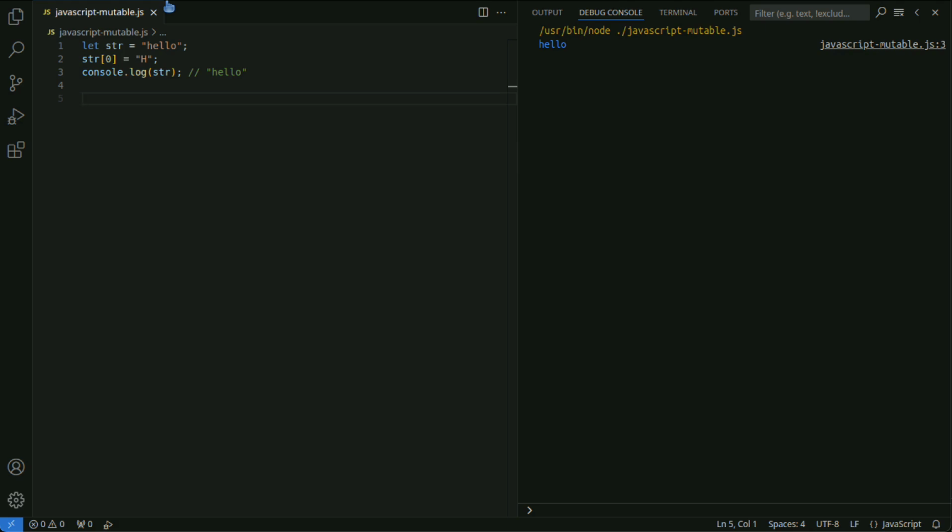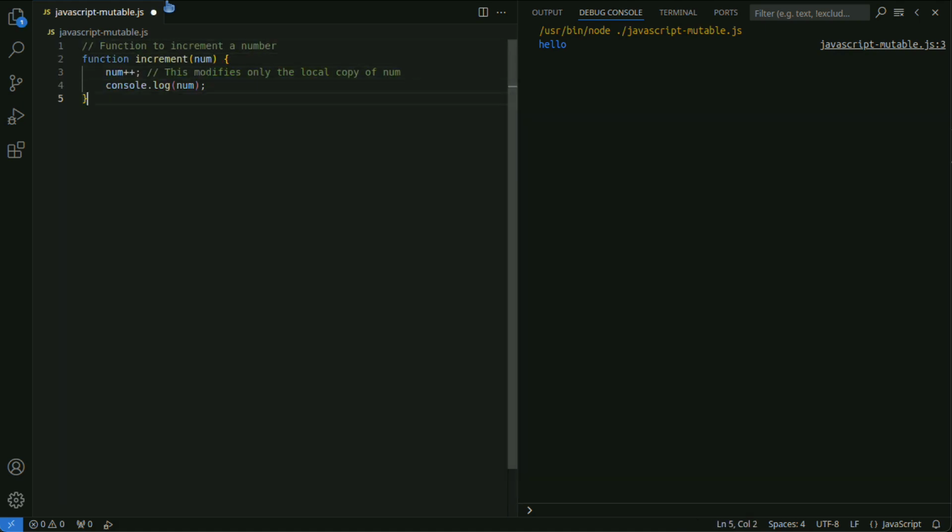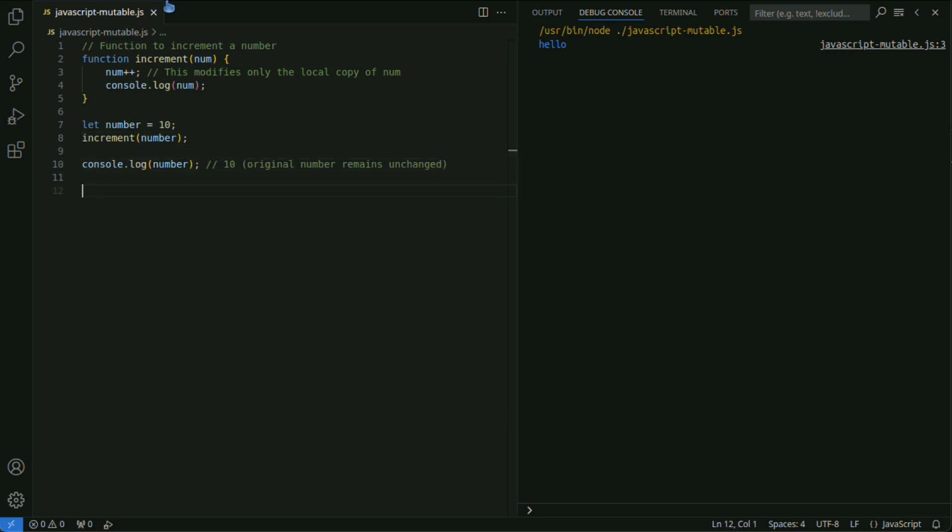Attempting to change the first character of the string, str, to h, fails because strings are immutable. Since numbers are immutable, operations inside a function do not affect the original variable.